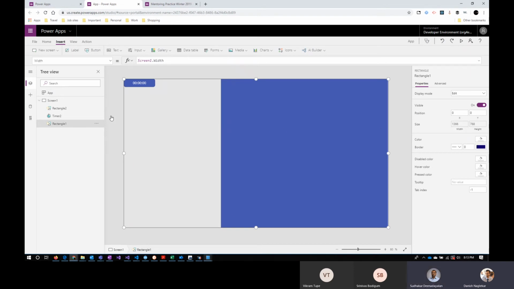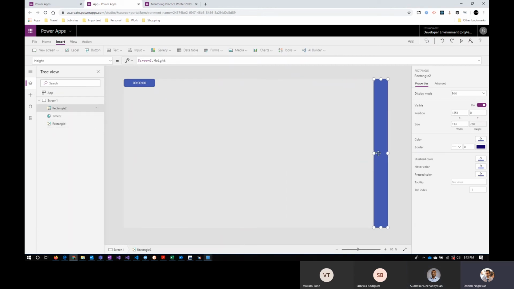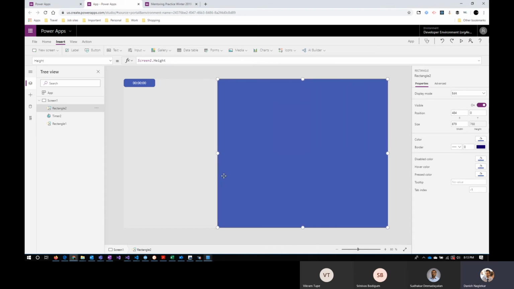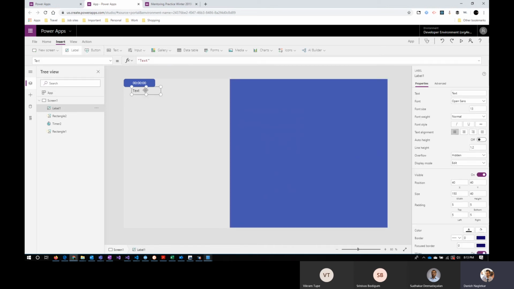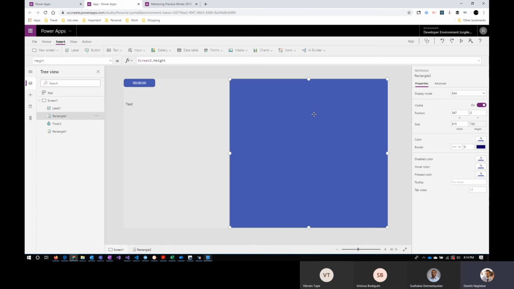Okay. So this rectangle 2, what we're going to do is it's going to be like this initially, and then it's going to come out like this. So for that, we're going to use a timer. Now when we are working on a timer, one more thing I like to do is put some labels. So what I do is I'm going to call this overlay. This is going to be a rectangle